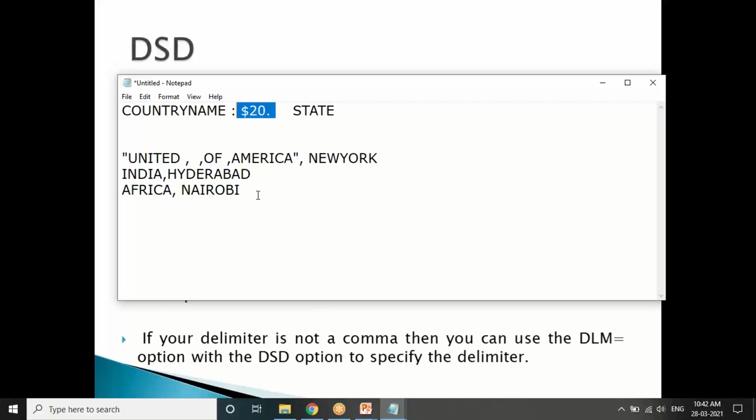And in DSD, suppose instead of comma I have some other delimiter like underscore, so I need to define DLM in single quotes as underscore, right? If your entire data values are with delimiters like underscore, then yes, you have to give it. Like United underscore States underscore America, right? Yes, then you have to give it, and if it is in double quotes, then it will ignore that delimiter. Whatever you have specified as the delimiter equals, that will be ignored by DSD.